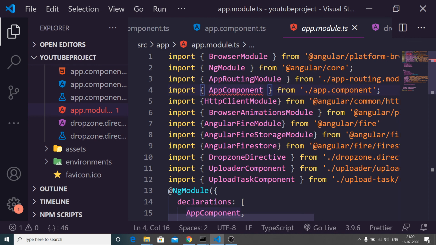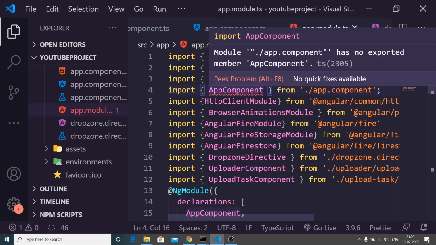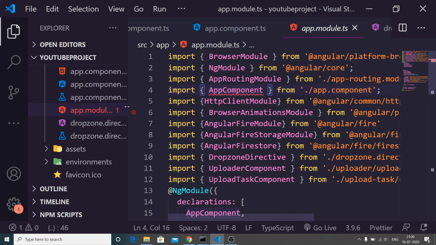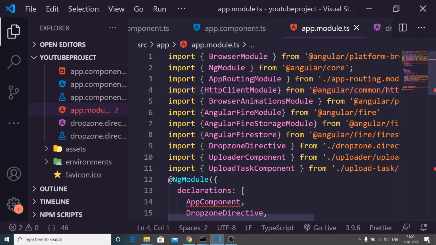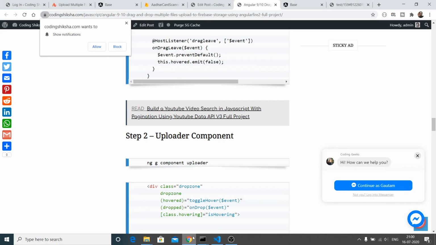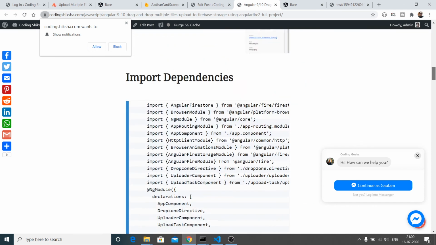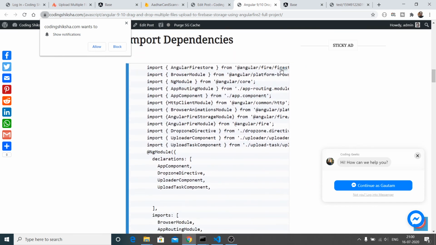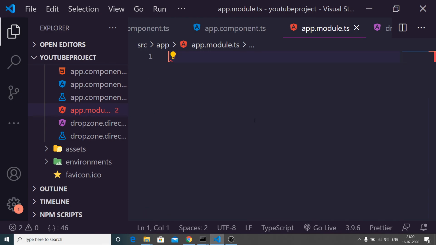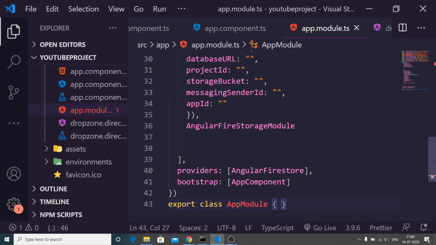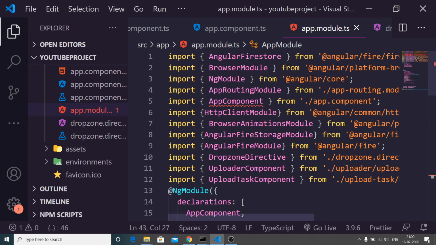What I can do is copy and paste my code here, which is there in app module. Let me copy this code and paste it. Sometimes these errors can take place, I don't know why. Again, this is there.